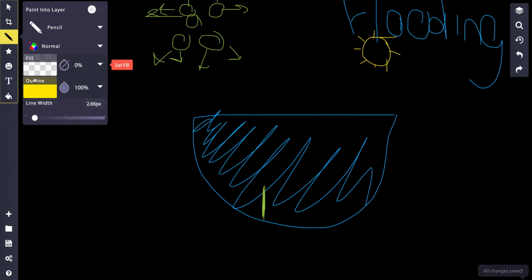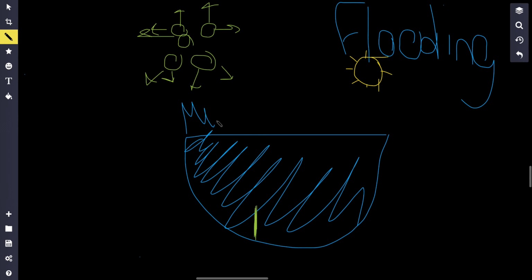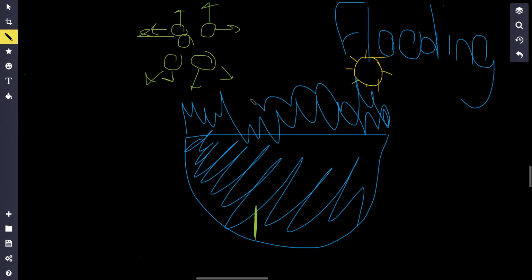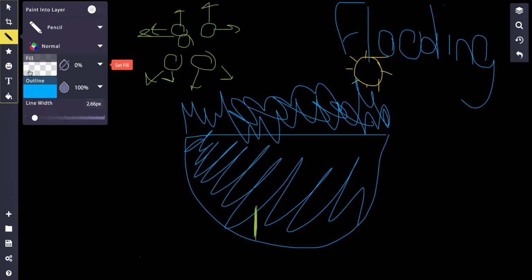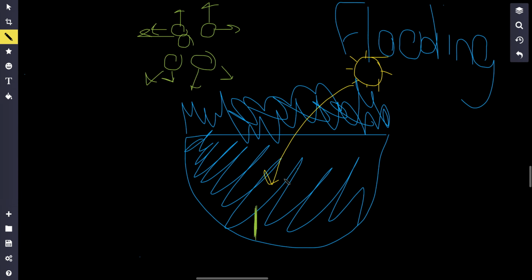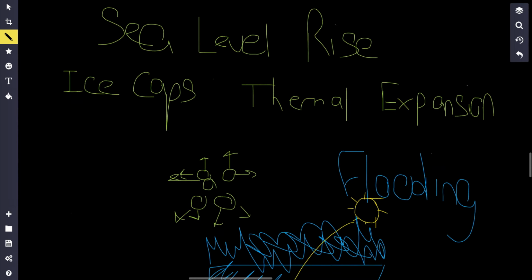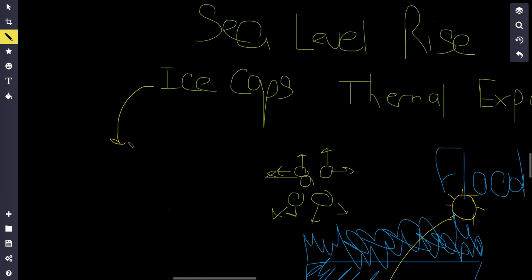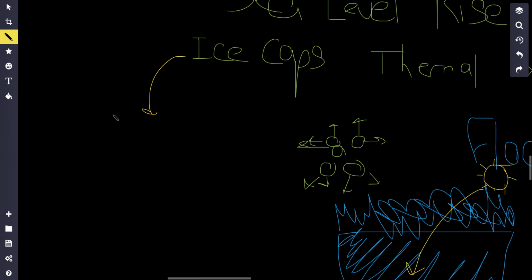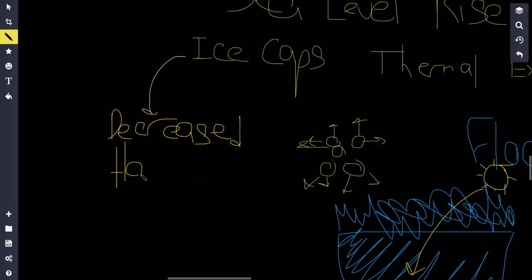Now, think about what happens when the sea level rises. Let's say we just add a bunch more water here. Well, the more water we add, the more water that's blocking the plant from getting the sunlight, right? So this affects things like algae maybe, right? Algae, phytoplankton, right? That require photosynthesis to live, and they live in the ocean. Another effect of sea level rise or just climate change, right? The thing about when the glaciers melt, we have the melting of the ice caps. Well, this causes decreased habitat for things like polar bears, right?